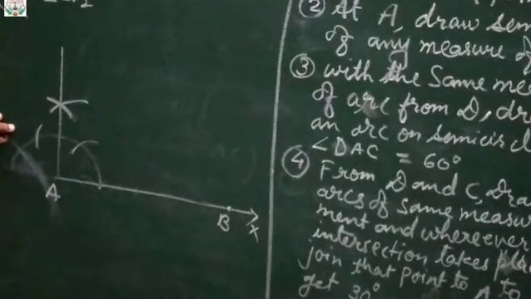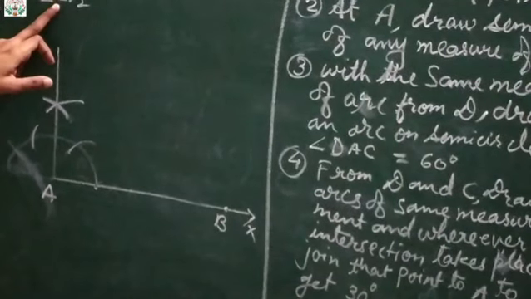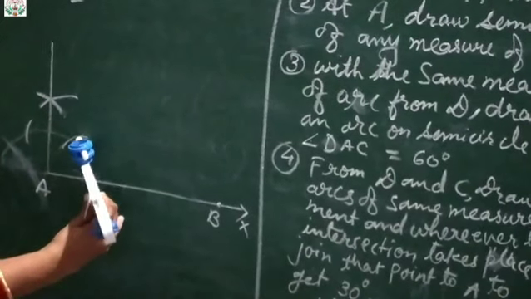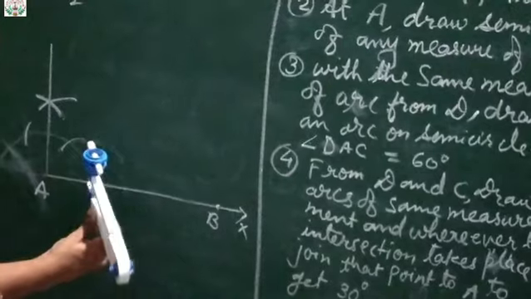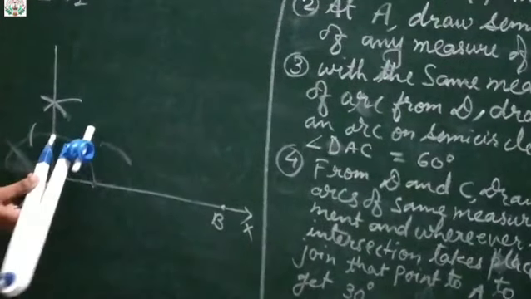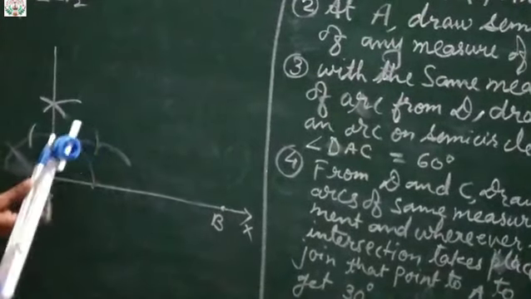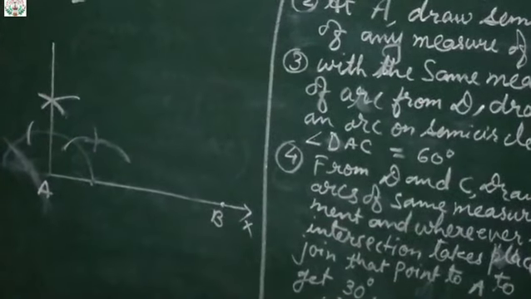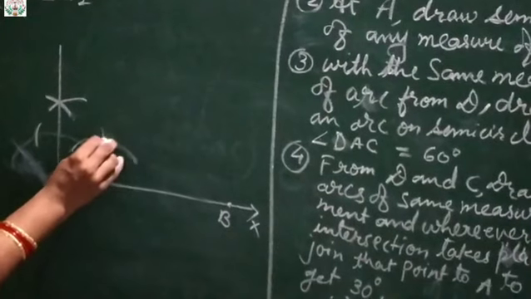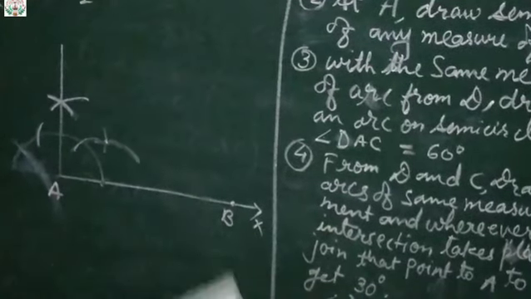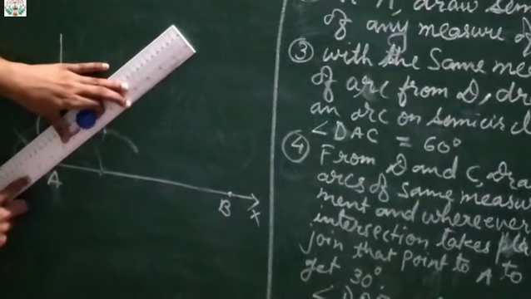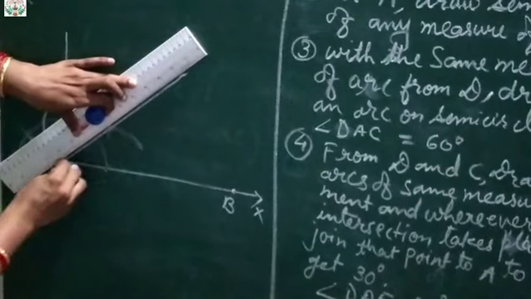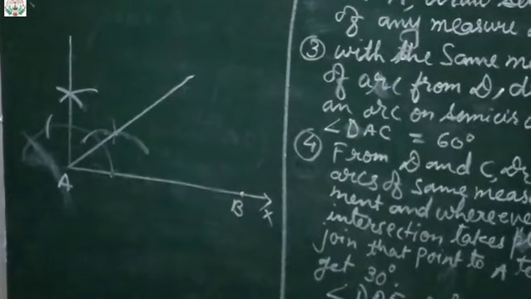Now we need to have what? 45 degree for this 22 and a half. Because for that what we will do? Keep the rounder here and draw the measurement of the arc like this. Okay, same measurement keep here and draw again. Okay, so wherever this intersection took place, this one, this point, to the center A, join. Okay, likewise keep and join. Okay, so this is 45.